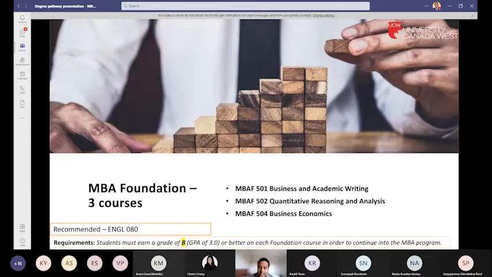The requirement is that students must earn a grade of B, a GPA of 3.0 or better, on each foundation course in order to continue into the MBA program. So you must maintain an overall GPA of 3.0 in your foundation courses if you are currently enrolled and registered for those courses in the summer term. Then you will be progressing towards your main MBA program.